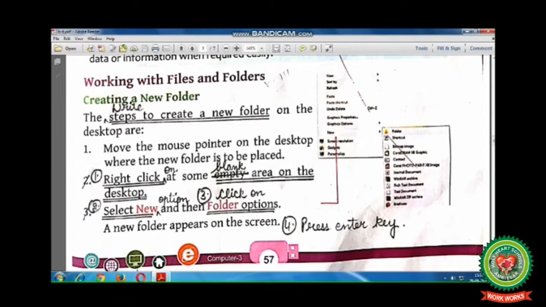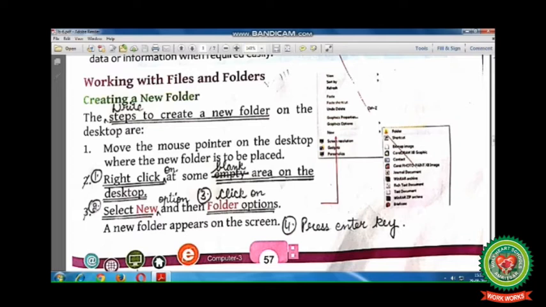Now let's discuss how to create a new folder on the desktop. Here on page number 57 you can mark the steps to create a new folder. Number 1, right click on blank area on the desktop.